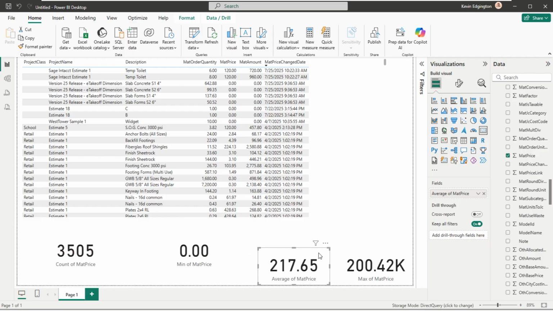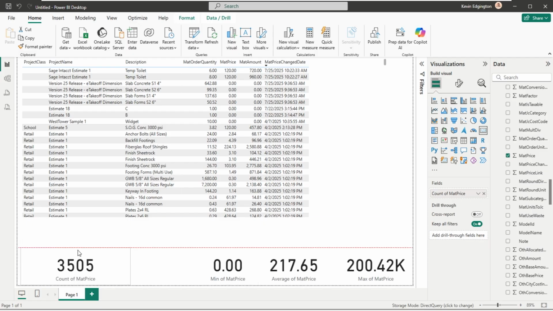And if you notice, a red line helps let you know when you're lined up with some of those things. Okay, so there's my count, minimum, average, maximum.